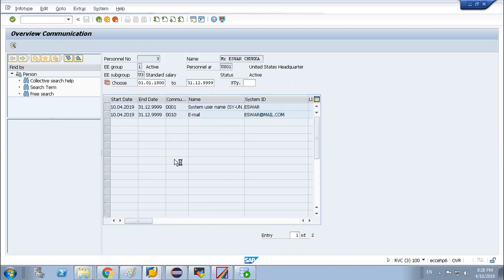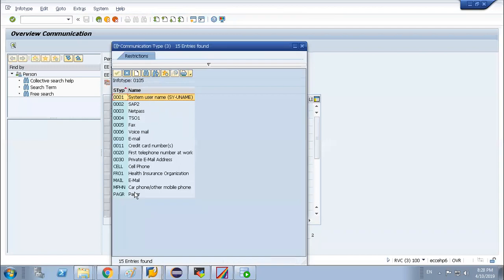If you click on the subtype, you will see a lot of info. 0001 is the username, that is the sysname I was telling. 0010 is your communication info type. 0030 is your private email. This is your official email, this is your private email. If you want to put your personal email ID, or update your pager number, you can, but mostly important are 0001 and 0010.